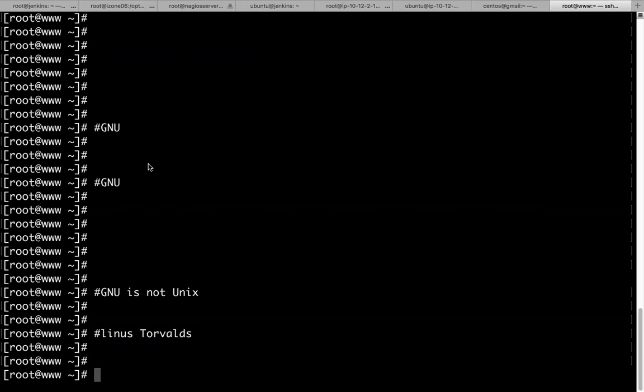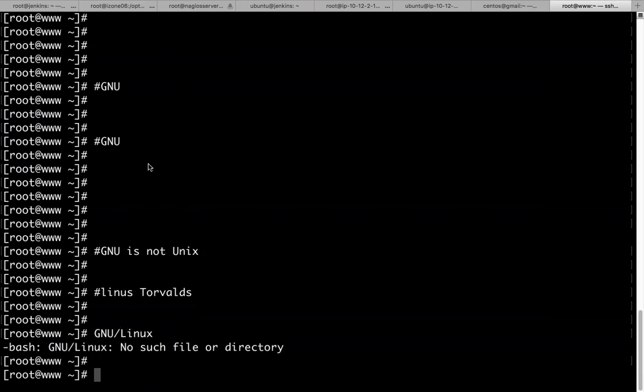That is what today is called GNU/Linux. So whenever people say that I am working on a Linux system, they are actually telling it wrongly. You should always call a Linux operating system not as Linux but as GNU/Linux.